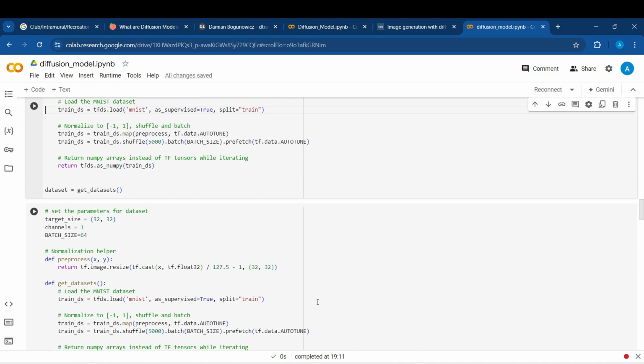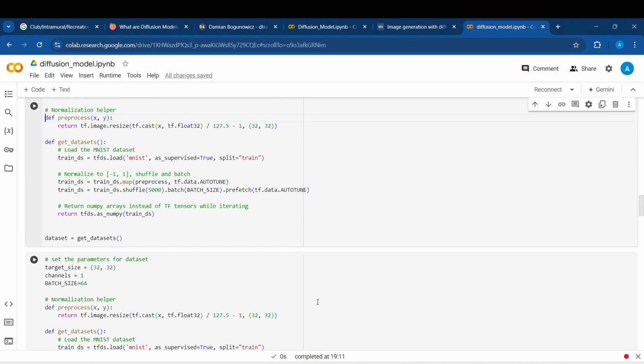So this is the preprocessing. Here it's the same normalization helper, which takes this x and converts it into float 32, and it's just dividing by 255. So if you have image values between 0 and 255, you are converting the values to between 0 and 1. This is the operation you are doing,